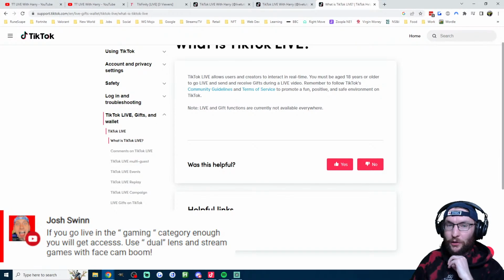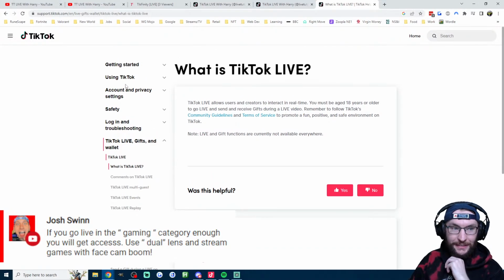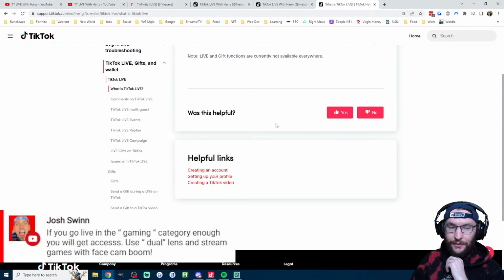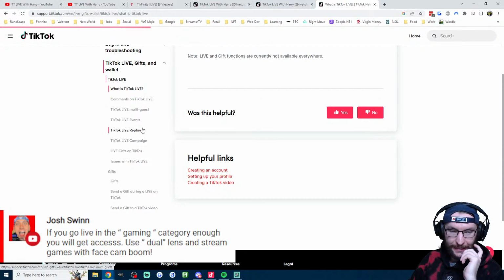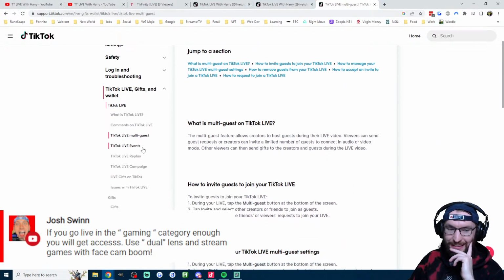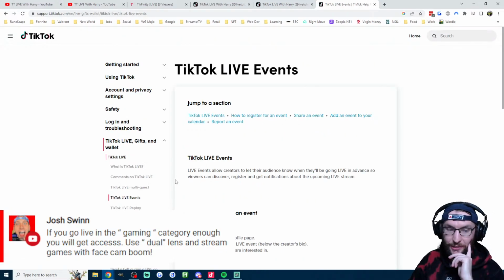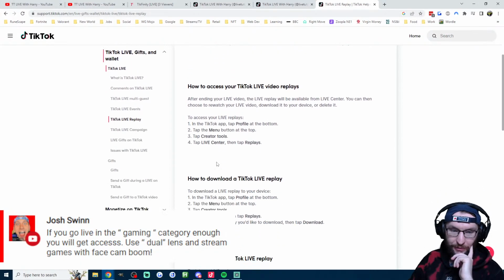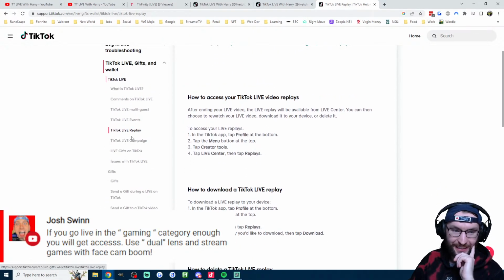To make the lack of clear requirements worse, there's also not a single help article inside the TikTok support center about TikTok Live computer streaming. I'm talking about computer streaming. Everything here is just about phone streaming. And again, we mentioned maybe 95% of TikTok's income is from phone streaming. That's maybe part of the problem. Like theoretically live replay, you know. And some of this stuff you can do from a computer, right? But like